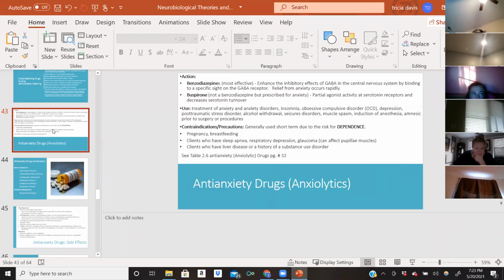So anti-anxiety drugs, anxiolytics. So we have benzodiazepines and buspirone. So buspirone is not a benzodiazepine, but we prescribe it for anxiety, so that's why it's included in this slide. The benzodiazepines are the most effective medications when treating